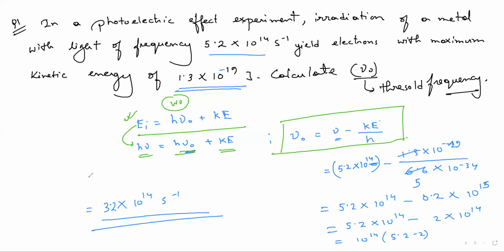Then I am giving you another question, the last question from photoelectric effect. After that, I will start Bohr's model. Bohr's model and Bohr's principle are very, very important. I will try to complete Bohr's model within next week. After that, only the quantum theory part is left. After quantum theory, this chapter will be ended. So almost 50% is complete; by completion of photoelectric effect, 50% of the chapter is done.